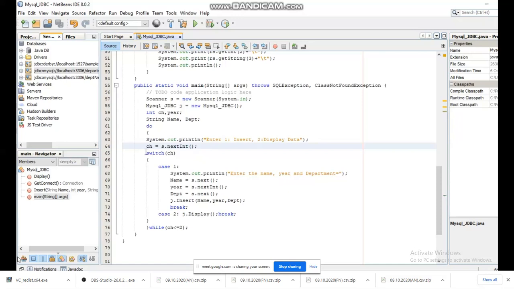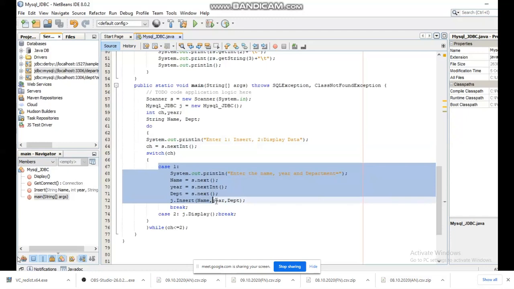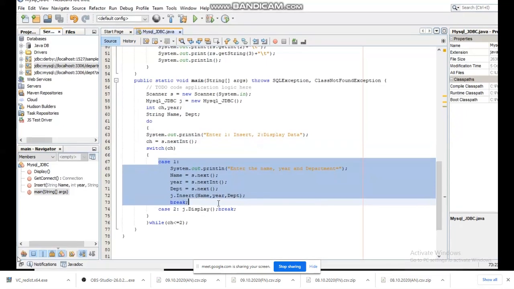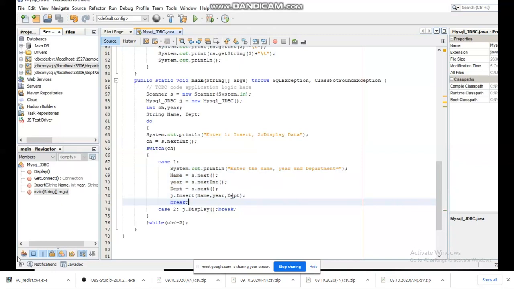I am getting the choice whether I want to display or I want to insert the data. Right? Initially, there won't be any data. That is the reason why here we are going to insert the data. Then you will be able to see it. So case one is completely about inserting the data and getting the input of these three parameters, passing those three parameters into the insert method.